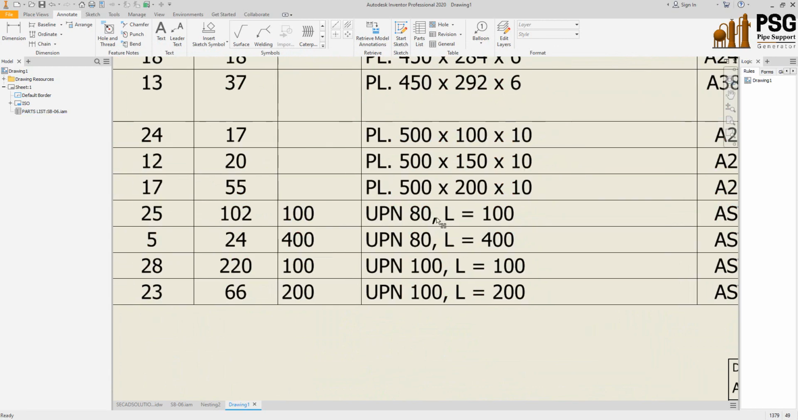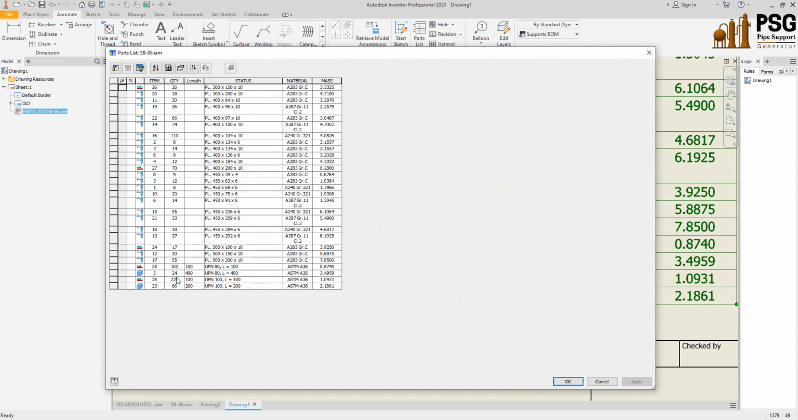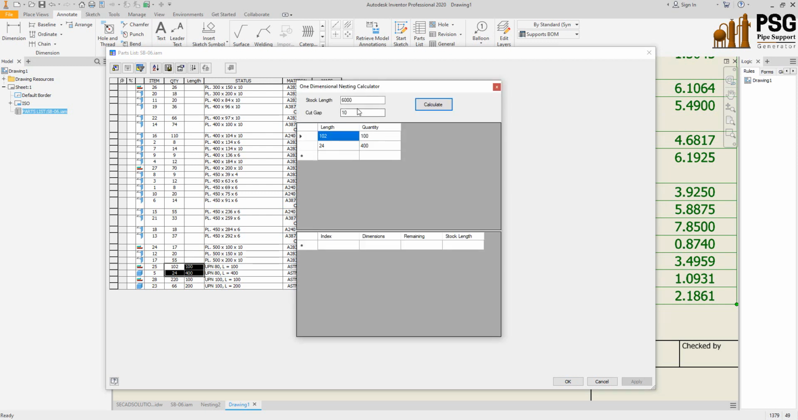As you can see here, we have 102 items of UPN 80 with length 100 millimeters and 24 items with 400 millimeters length. So we can open the calculator like that and paste, and from here you can find the stock lengths that you have. Let's say we have 12 meters and the cut gap as 5 millimeters, and now you can calculate. Actually you will need two beams, and the remaining item from the second beam will be 1 meter point 7,